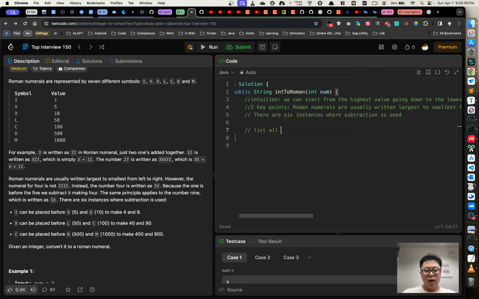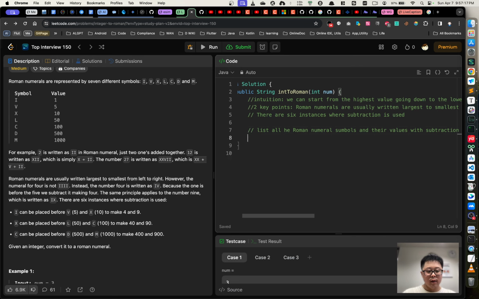List all the Roman numeral symbols and their values with subtraction cases. Let's say we have an int array values